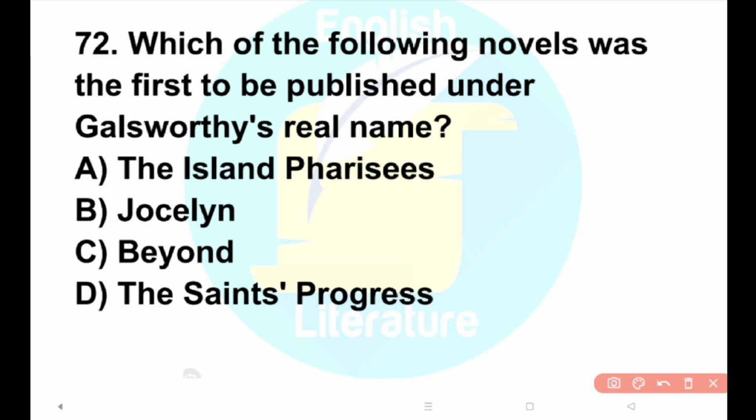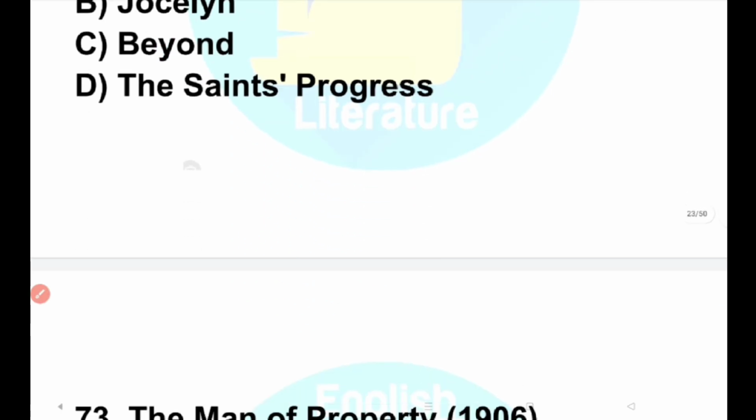Which of the following novels was the first to be published under Galsworthy's real name? Option A, The Island Pharisees, in 1904. I think this is a repeated question. Next,